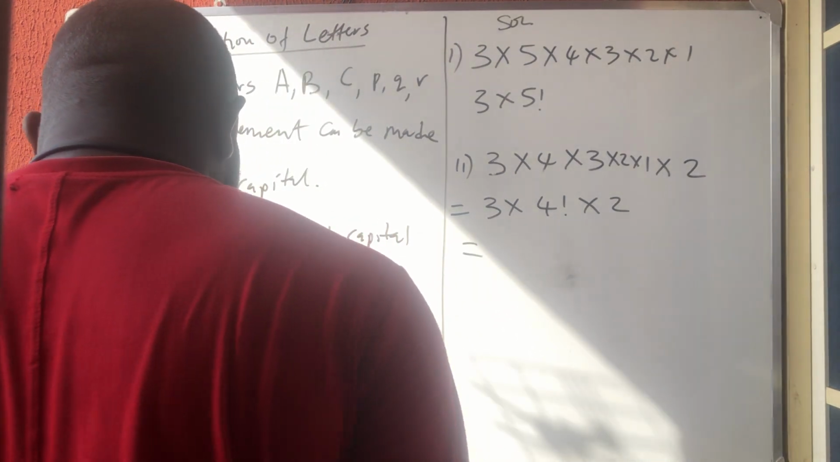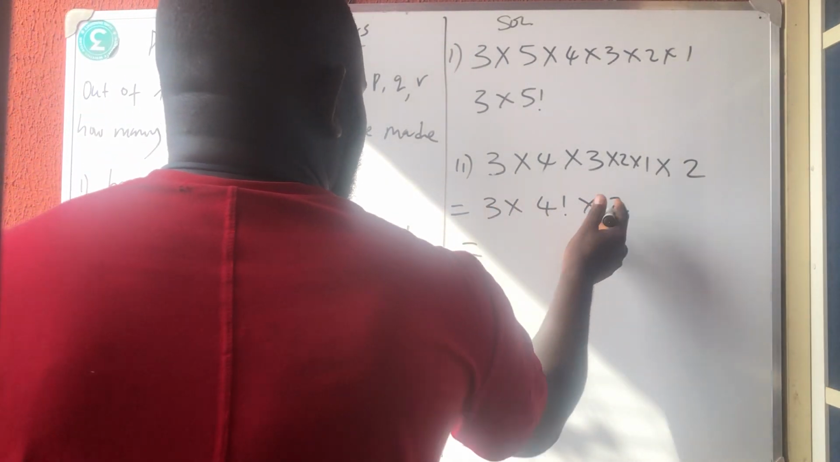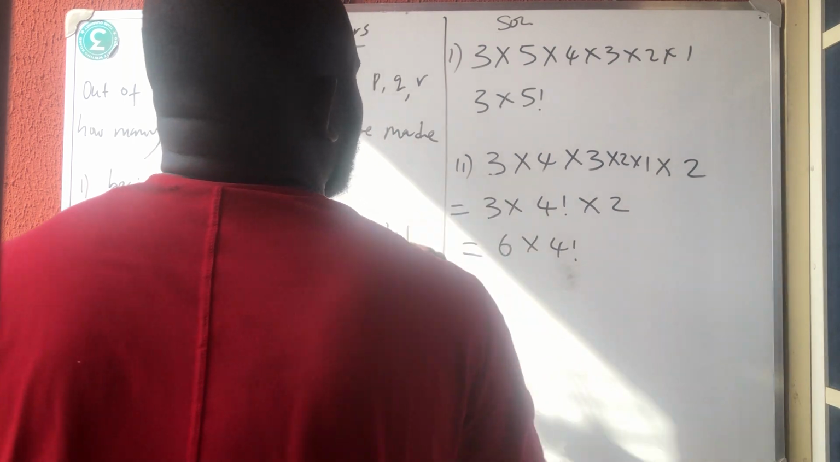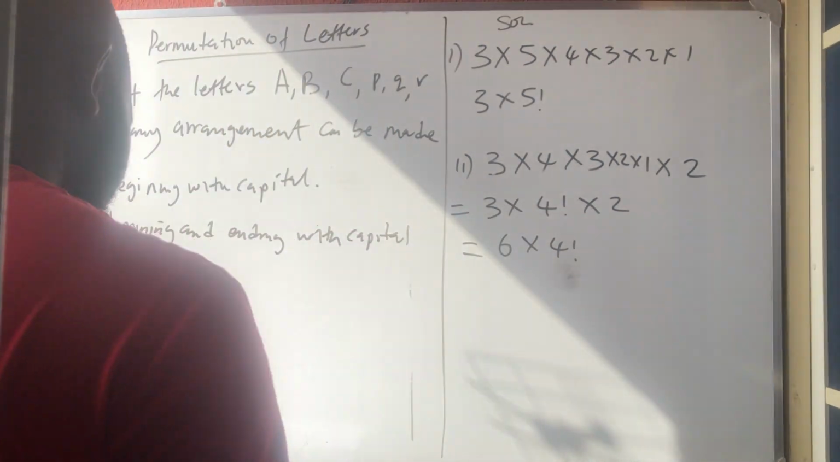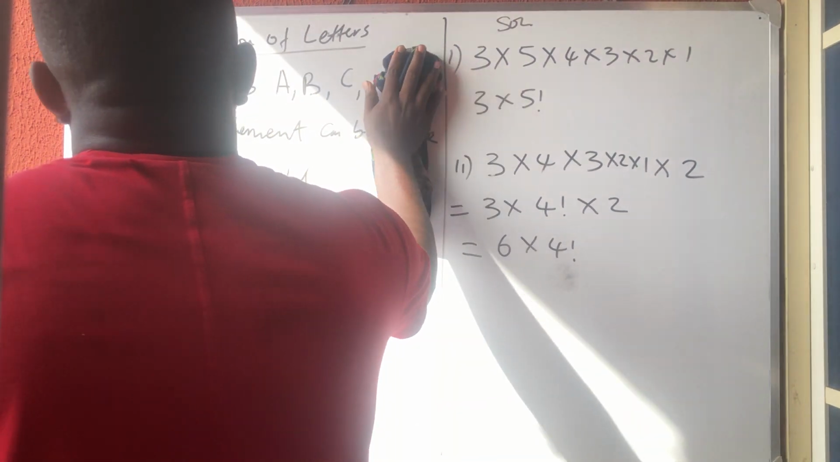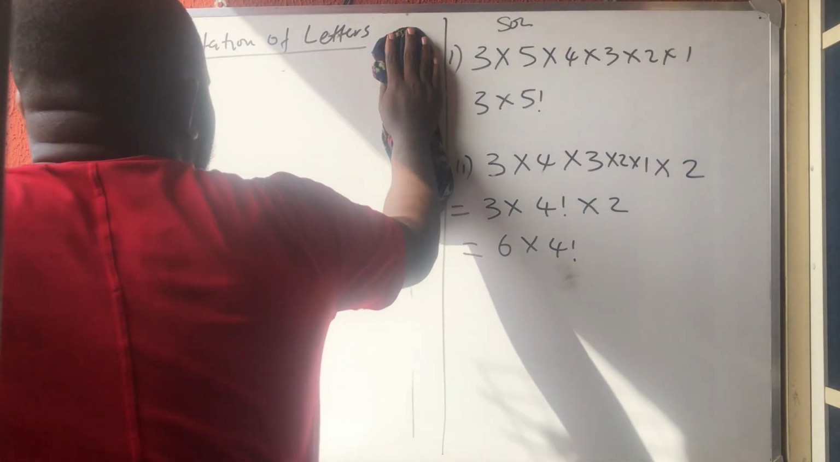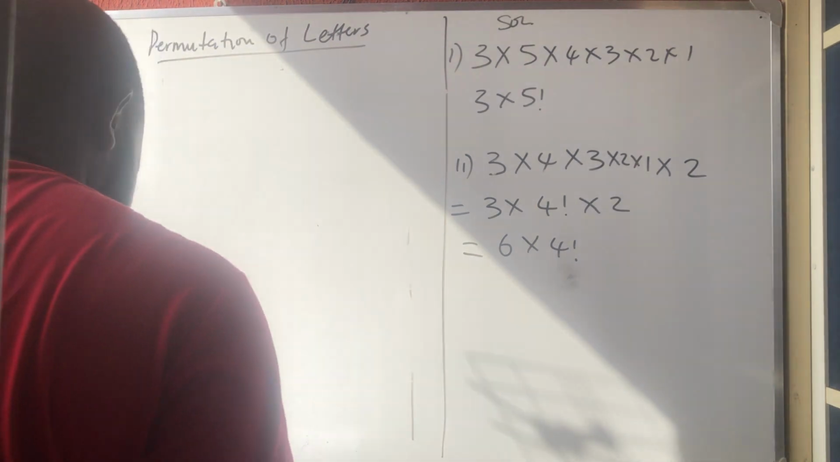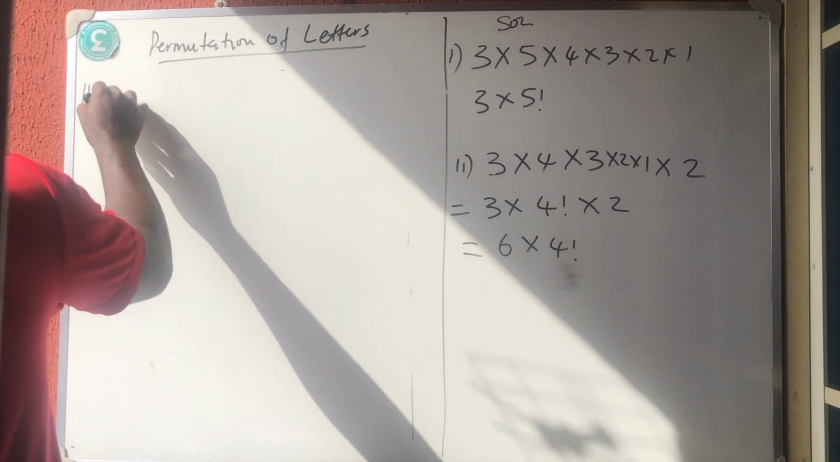So what do I have now? 3 times 2 will give you 6 times 4 factorial. So that is the answer. I hope you understood. I can fill the board. So it's simple thinking. So the next one said how many